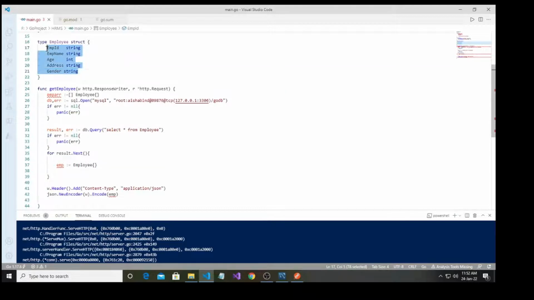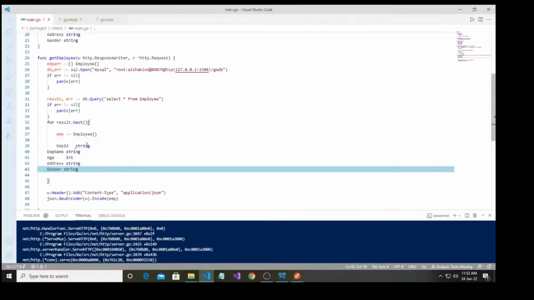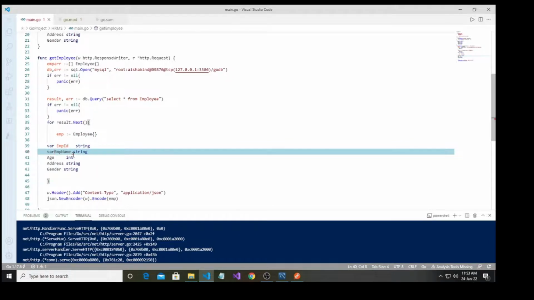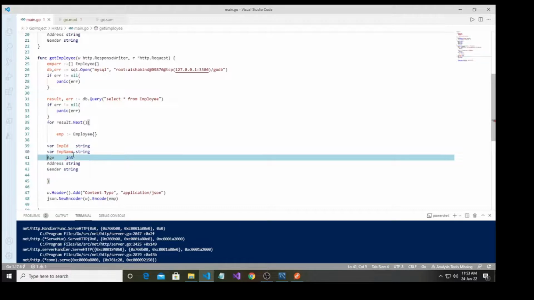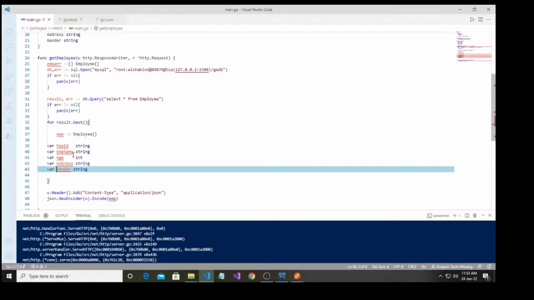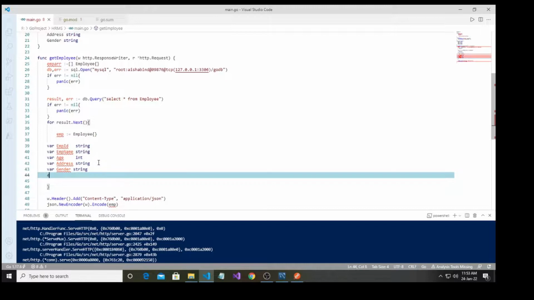Let's copy this one and paste here, and let's define var. We declare these variables, and err :=